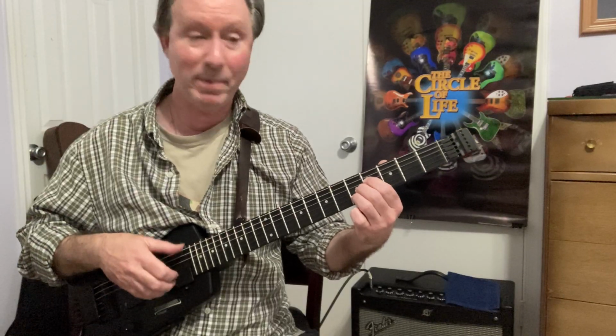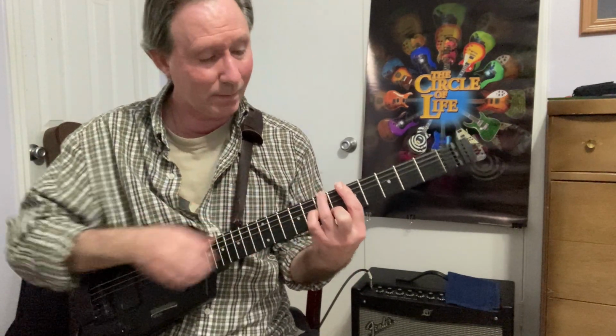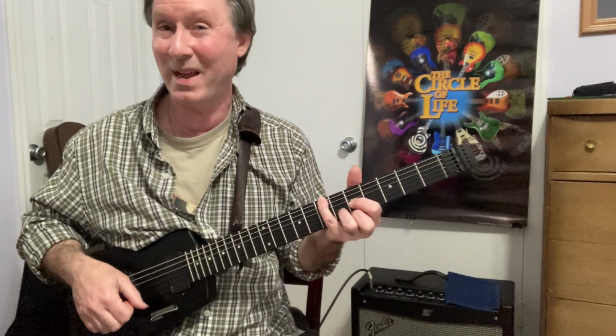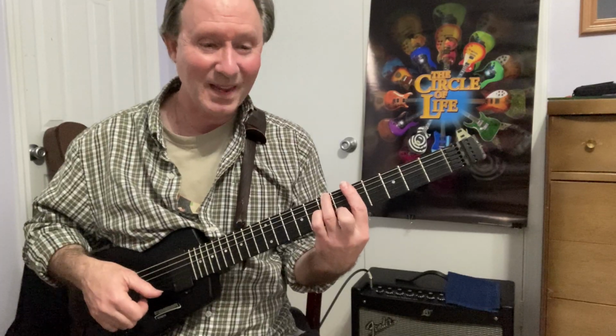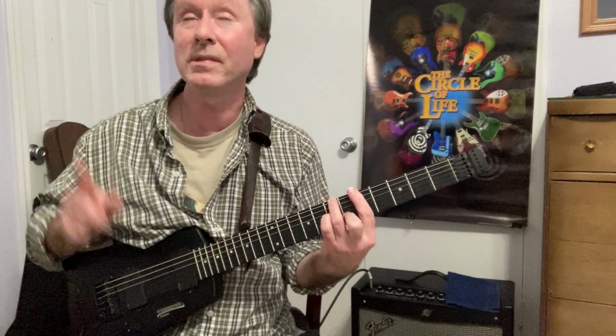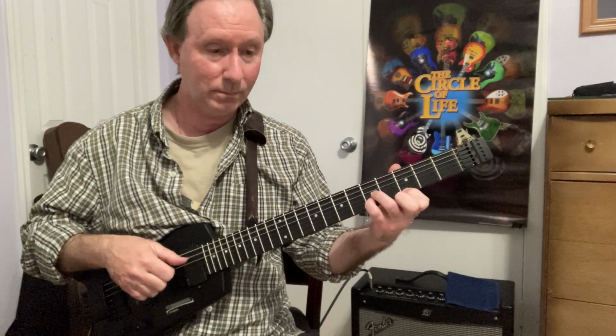And then the seventh of the B7 next. Again, he uses this super cool substitute. It's an F triad with a B in the bass. That's what he's using for B7. And then the last chord is E minor. The seventh is a D. So he's got,